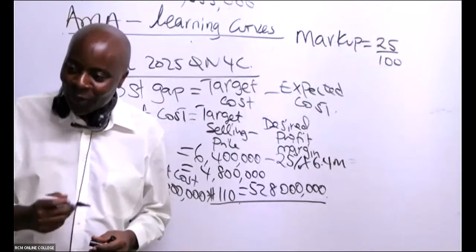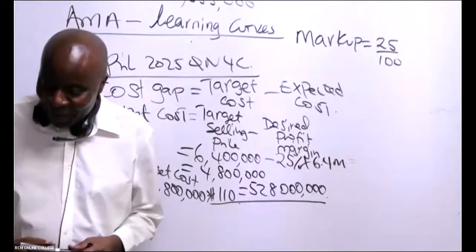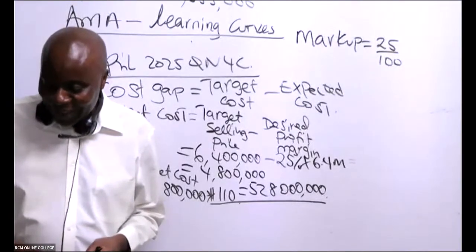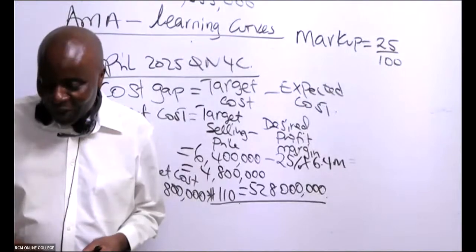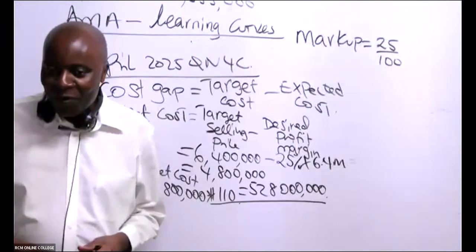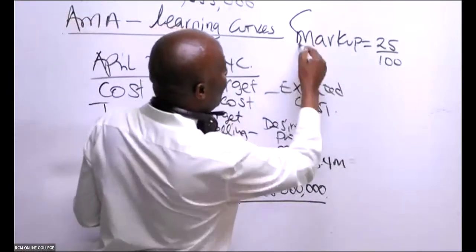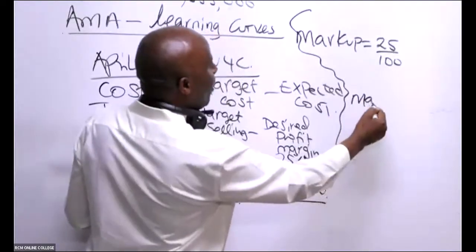Is there somebody who knows how to convert this to margin? Are you able to remember? I can see Linda already has gotten this. 25 over. Kumbe mnajua sana. Nyinyi mnaelewa maneno. Because what we are told in those very, very old days, ladies and gentlemen, ni kwamba, if you are given,